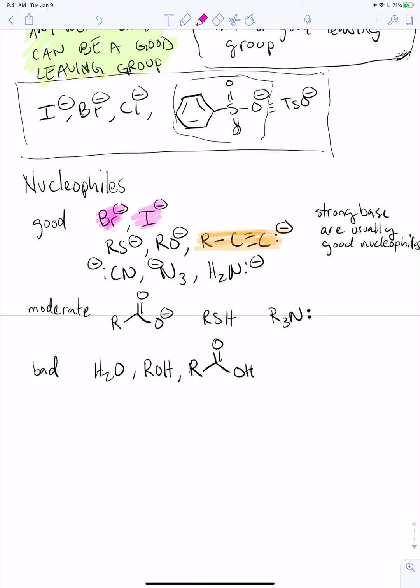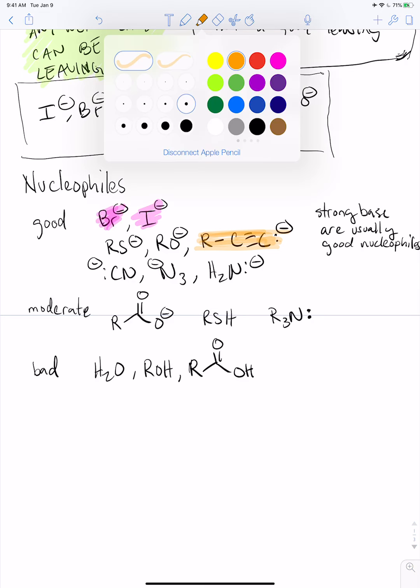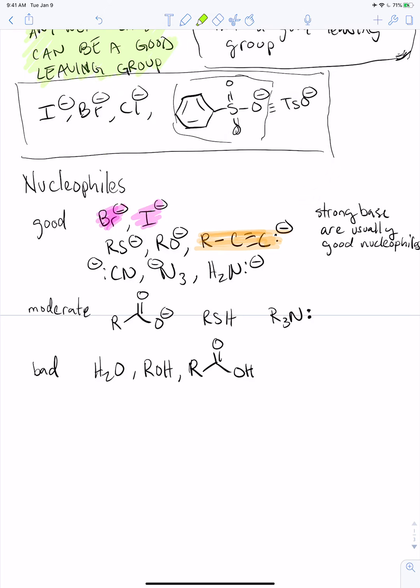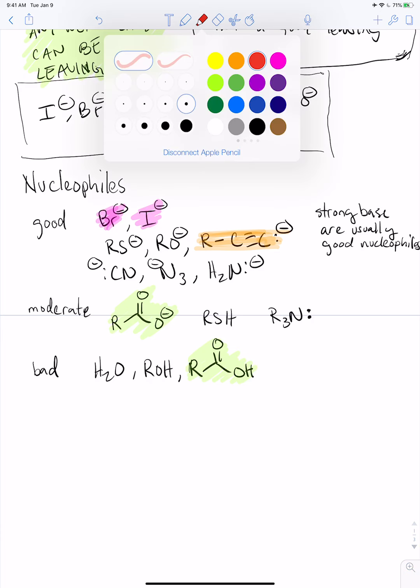So a couple of things you can note here is, I'm not sure if I have enough colors to do all these, but if I look at an acid and compare it to its conjugate base, the conjugate base is almost always a better nucleophile than the acid would be. And this makes sense because nucleophiles we know are electron-rich species, and deprotonating them puts more electrons on them. Another example of that might be,